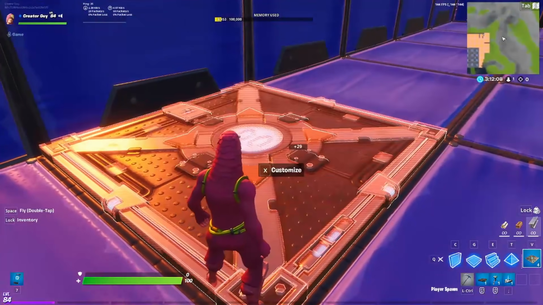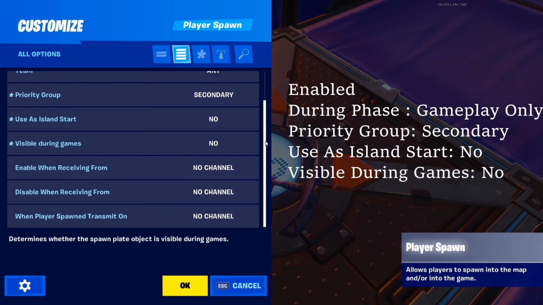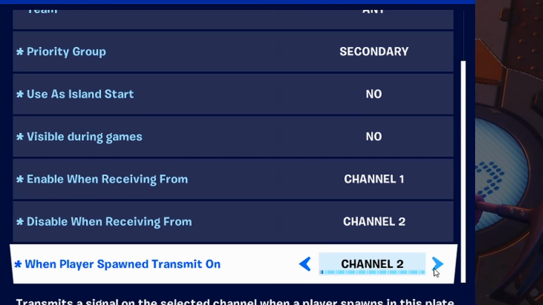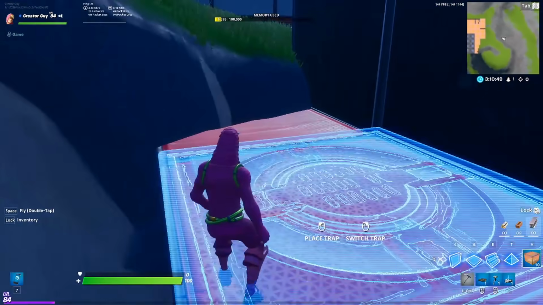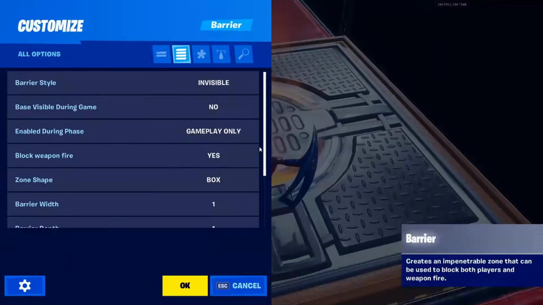Place this spawn pad as a secondary spawn pad, and we'll want to enable it from channel 1 and disable from channel 2. Now, in order to trigger our box fight features like the initial barriers and whatnot, we'll transmit on channel 5. Now you'll want to place your barriers. Outside of the box fight area, place it along the border 1 space from the edge, whatever side,